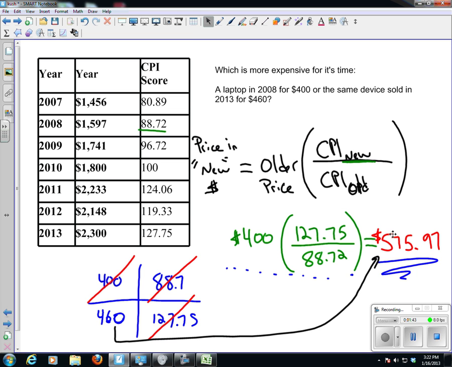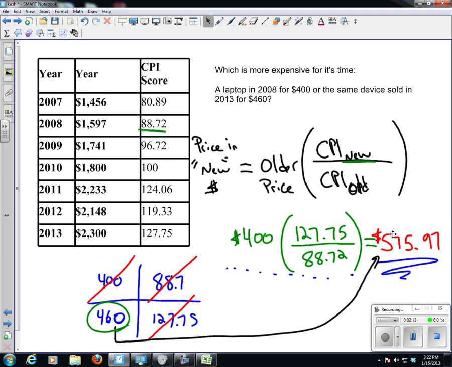So now the question becomes, which is more expensive? Well, if there had just been inflation, the computer that cost $400 in 2008 should have cost $575.97 by the year 2013. But what was the price in 2013? Well, the price was actually only $460, as we can see here. So which is more expensive for its time? Well, it looks like clearly the laptop in 2008 was actually more expensive, even though it had a lower price